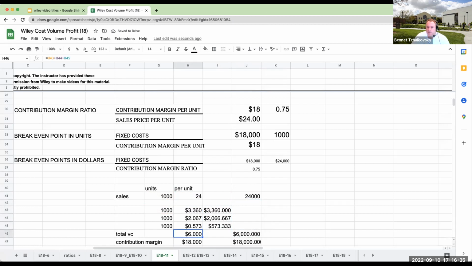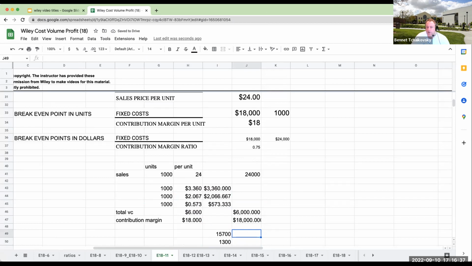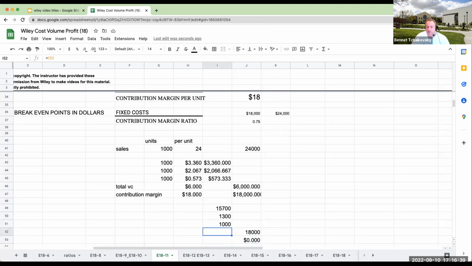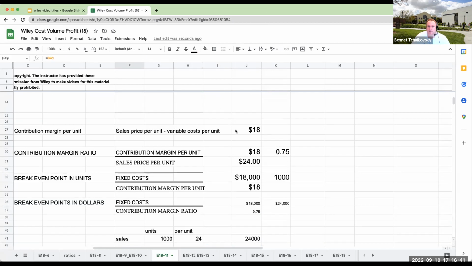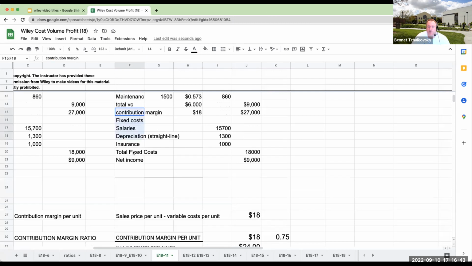So my variable cost per unit is still over here at 6. My contribution margin over here is at 18,000. And so if I just copy down these other parts that are over here,